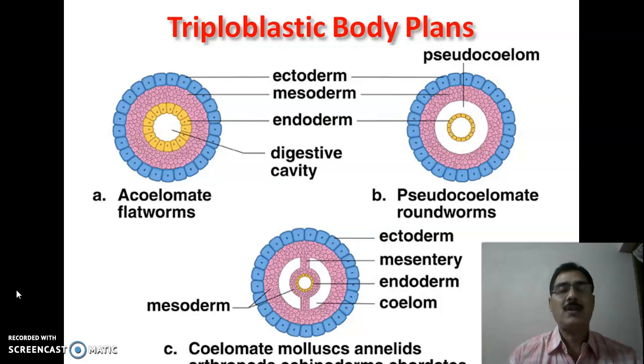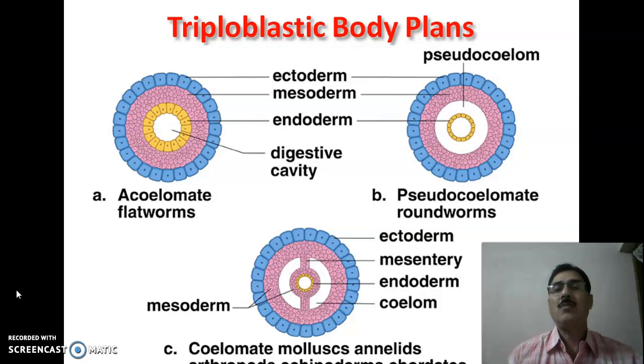In the case of acoelomate animals, we can take the example of flatworms, which comes under the phylum Platyhelminthes. You can easily observe the presence of three germ layers, the ecto, meso and endoderm, and there is a digestive cavity. In the case of pseudocoelomate, we can take the example of nematodes, the roundworms, where there is presence of